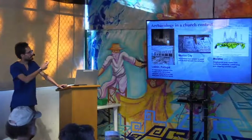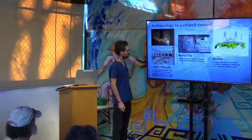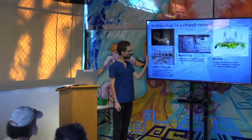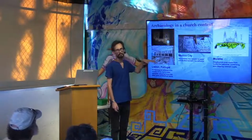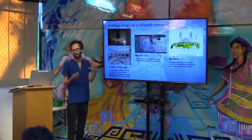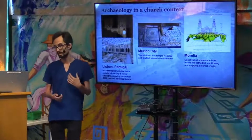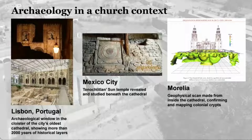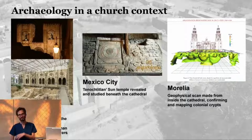In Lisbon, we have a pretty impressive case. The oldest cathedral of Lisbon, a beautiful medieval cathedral, has this cloister. I don't know the story of the project, but years ago, the archaeologists were able to make a very impressive excavation in the middle of the patio of the cloister, and they studied every layer of history. Thanks to this excavation in the oldest part of Lisbon, they learned about 2,000 years of layers of history in the very heart of Lisbon. This is full of precious information that they wouldn't have in other, more recent parts of the city. And this is visitable by tourists. So that's a good example of what seems to be a very good collaboration between the science and the